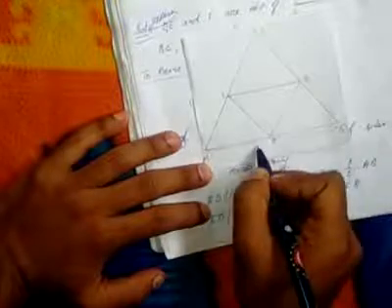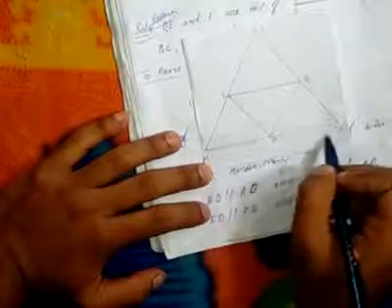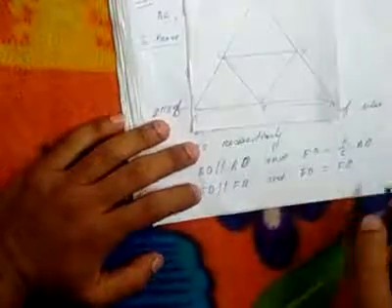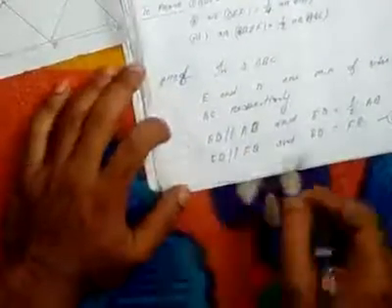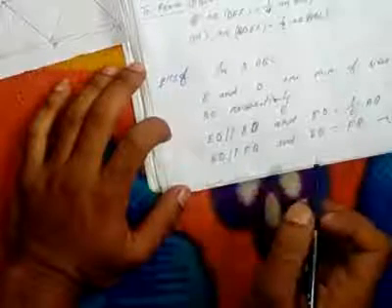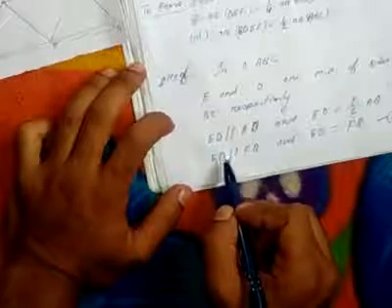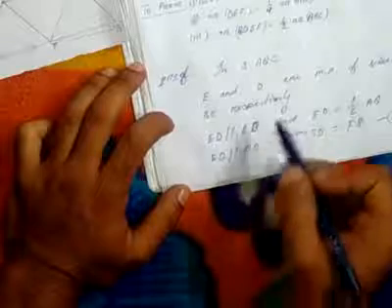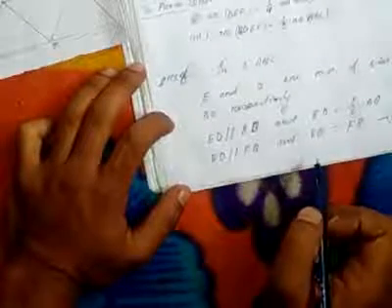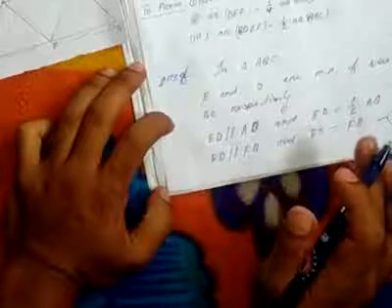You can write FB or AF also. So we have to consider this one FB. We need to prove that BDEF is a parallelogram. So we'll write here FB. Suppose you can write here equation number 1. So from equation number 1, as I told you in the earlier class, if one side of a parallelogram is equal and parallel to each other, then that becomes a parallelogram, isn't it? So we can write here